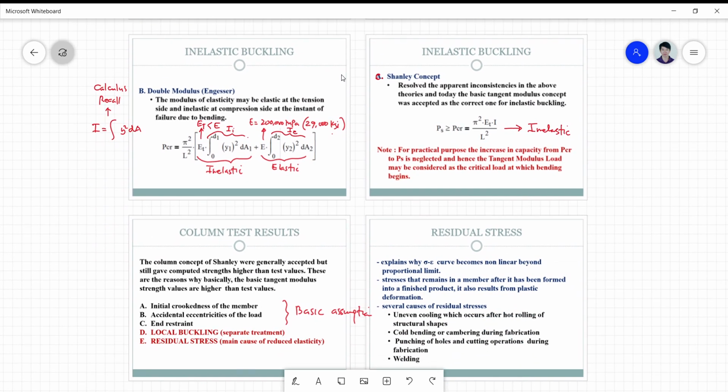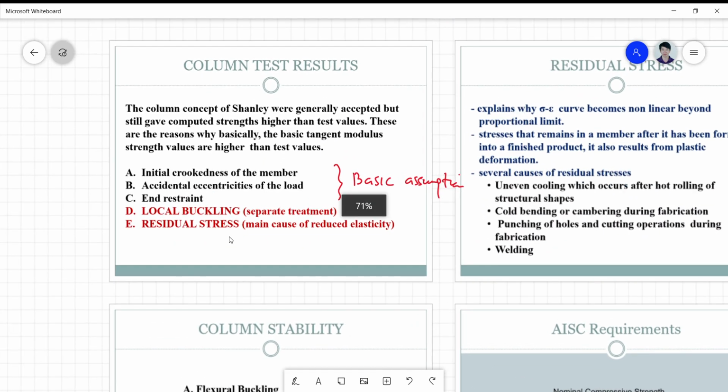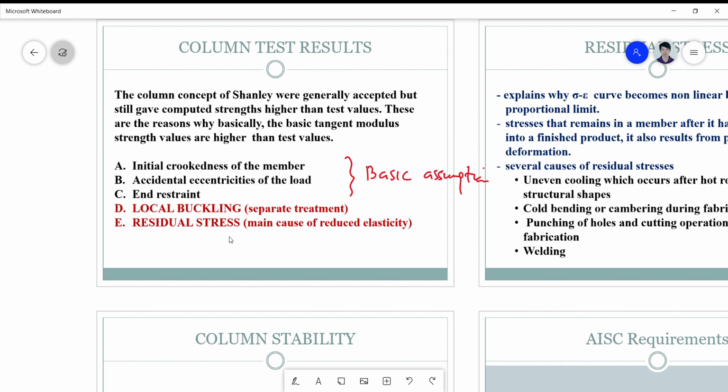But there are two additional considerations that were placed just to qualify that the Shanley concept cannot be used, and the basic tangent modulus must be adjusted, so that these are attributed to these two factors, which has something to do with the local buckling effect,